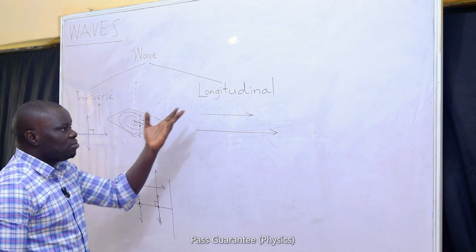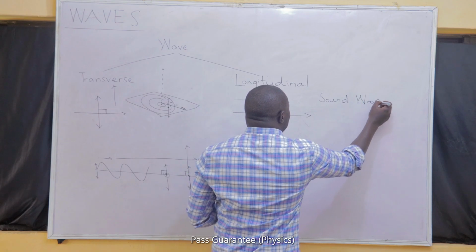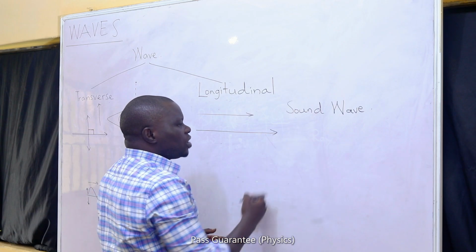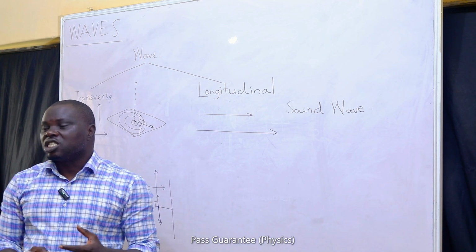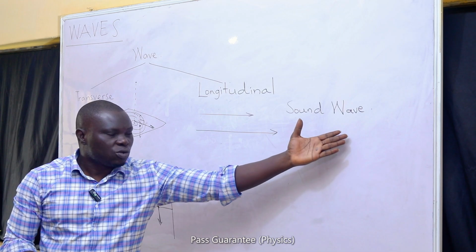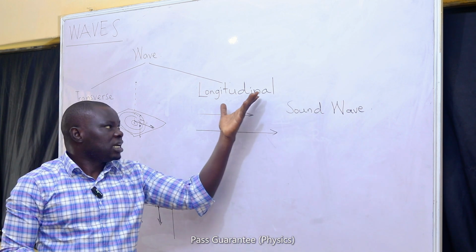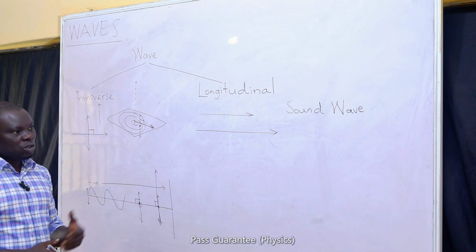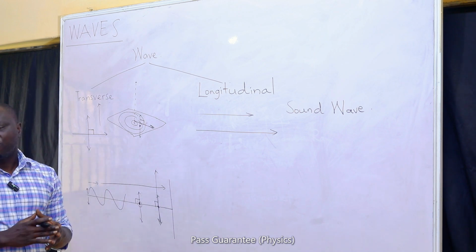And there are so many examples. One very big example of a longitudinal wave is sound wave. Sound wave is a longitudinal wave. There's a way you can set up a wave along a spring that will also make it longitudinal. So examples of longitudinal waves: sound wave, very good example; wave on a spring is also a very good example. There are not too many examples of longitudinal waves, but we have so many examples of transverse waves. Know fully well that all electromagnetic waves, a class of wave, are also examples of transverse waves.